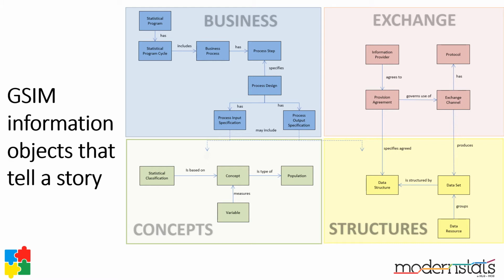The specifications will include pieces of information from the structures and concepts groups. For example, from the concept group, statistical classification, variables, the population, and then from the structures group, the data structure